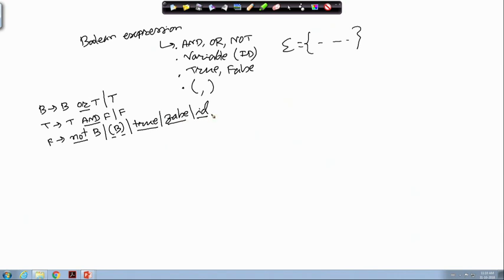So, these are all terminal symbols, and B, T and F are non-terminals.